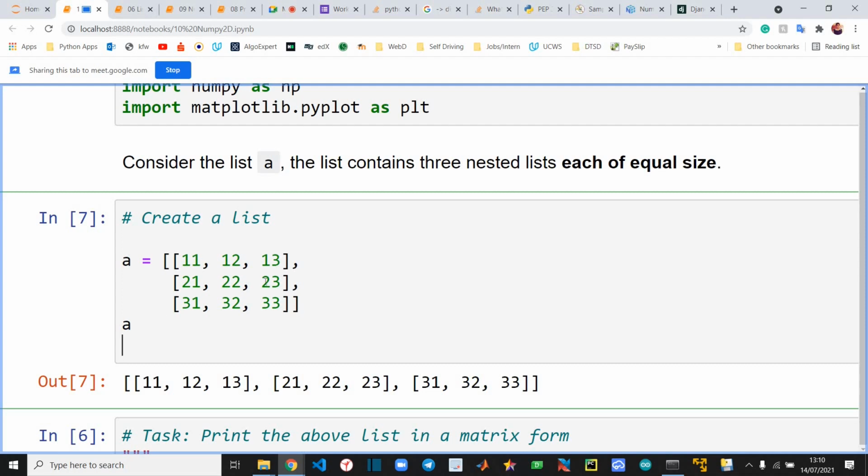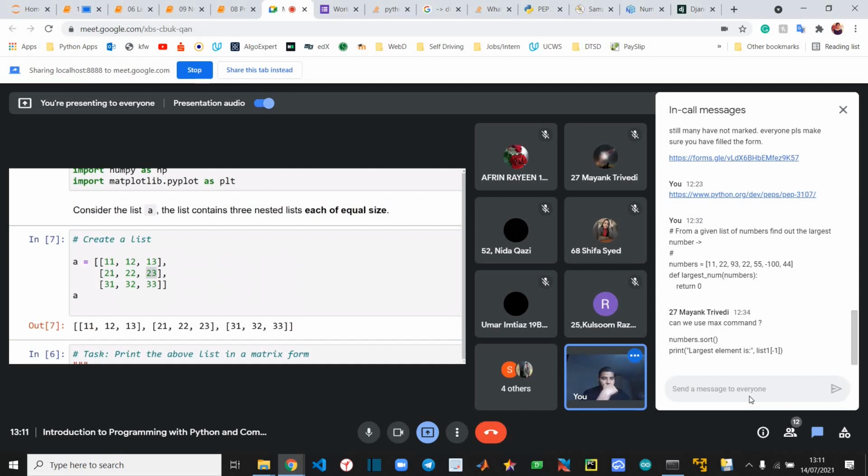Tell me now. 23 in a general list, how will you get 23? I'm waiting for an answer. Tell me the syntax of getting 23 in a normal list.